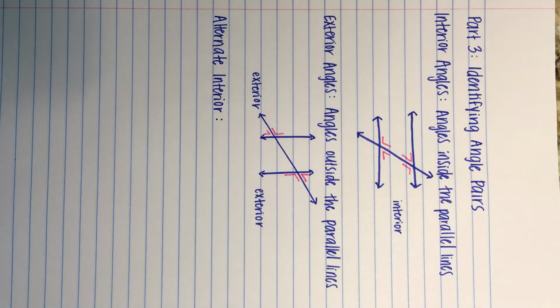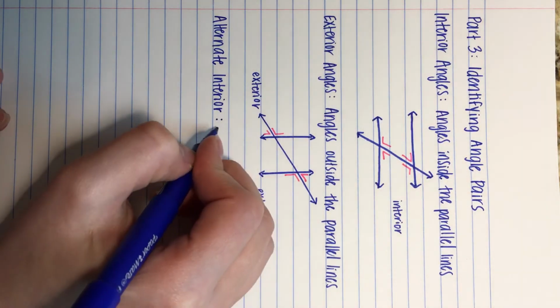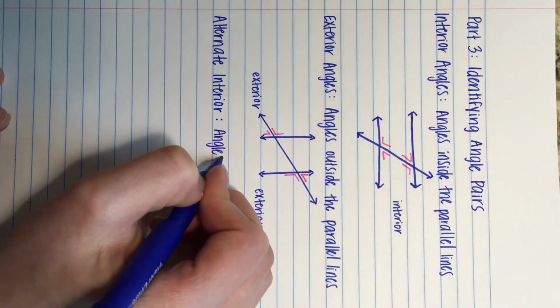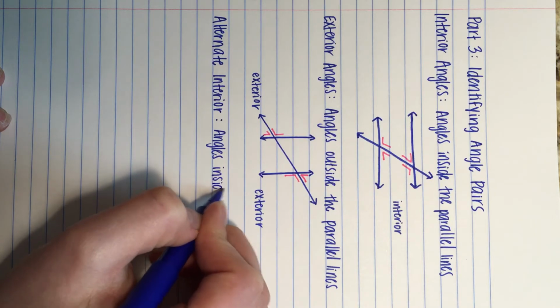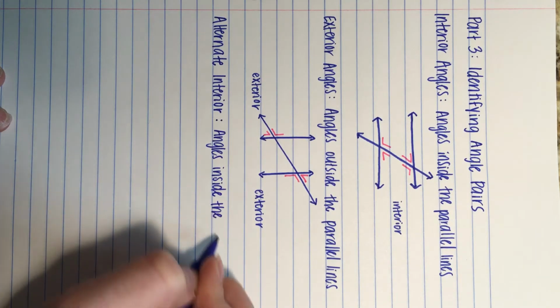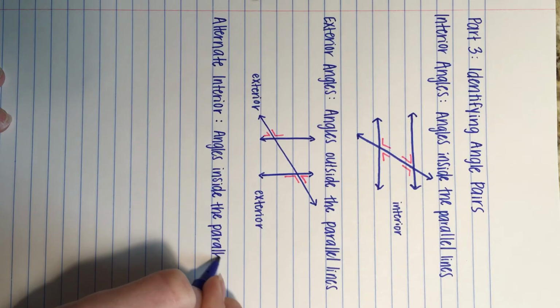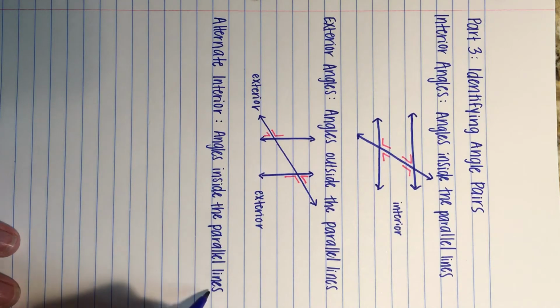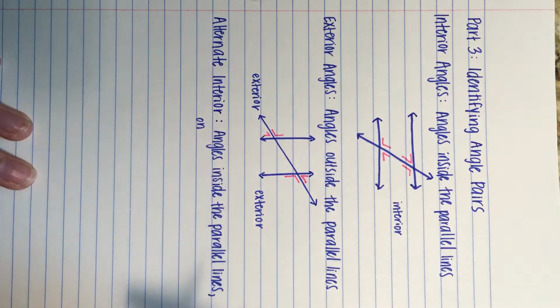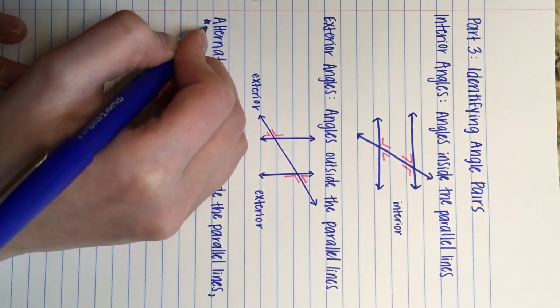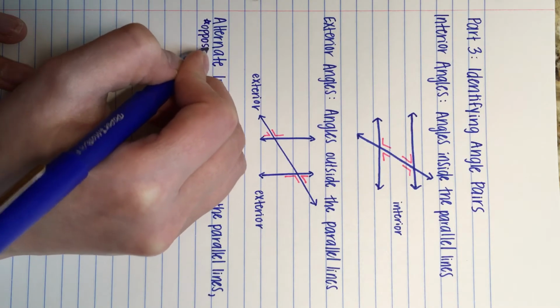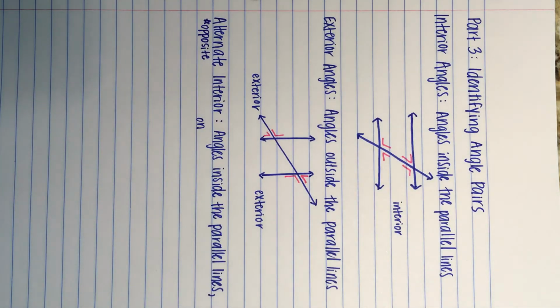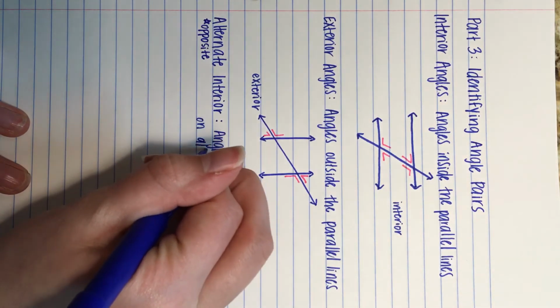So we're just kind of putting it all together here. So these are angles inside the parallel lines because they're interior. So they're inside the parallel lines, but there are a couple other things they need to be too. They are on alternate or opposite. So I'm going to go ahead and make a note. Alternate is kind of like opposite. So they are on alternate sides